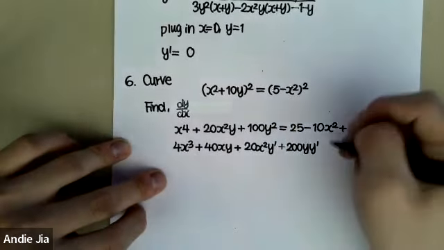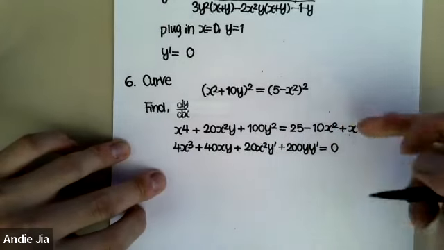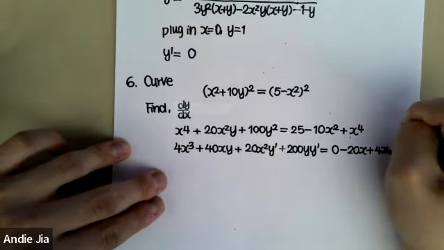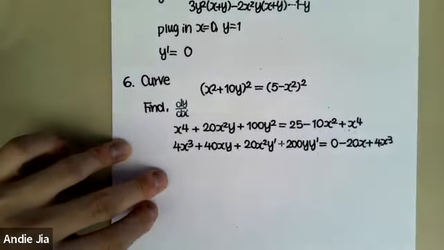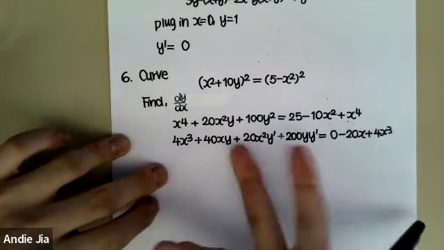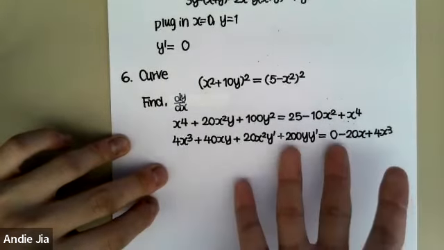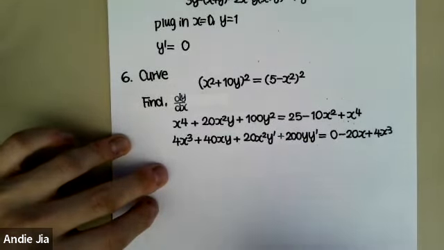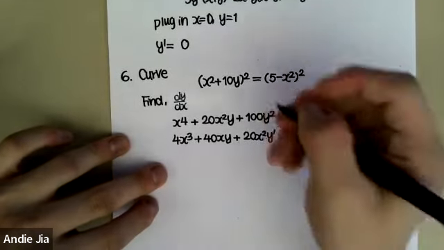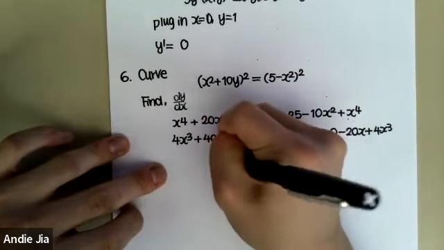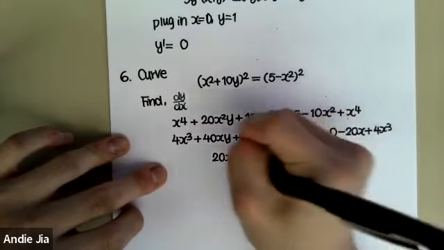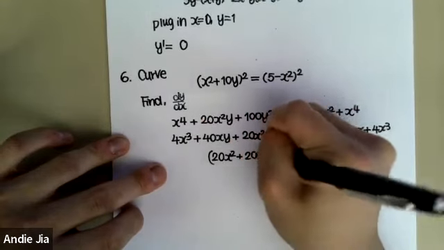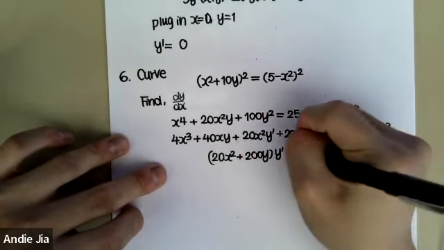I hope I can get back on track here. With negative 20x plus 4x to the cubic. Now we have all the terms with the y prime, and you want to put them all together, and we just define what the dy/dx expression is. So it's going to be 20x squared, and then plus 200y, and the y prime is